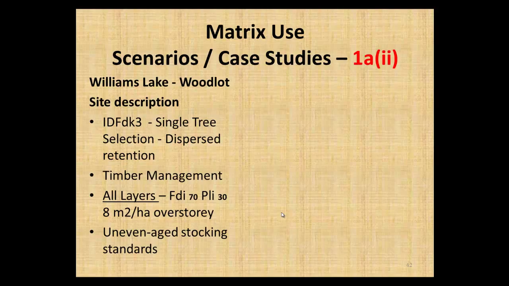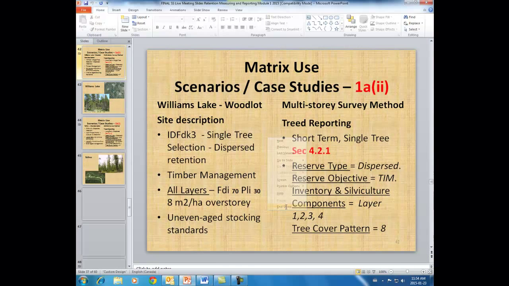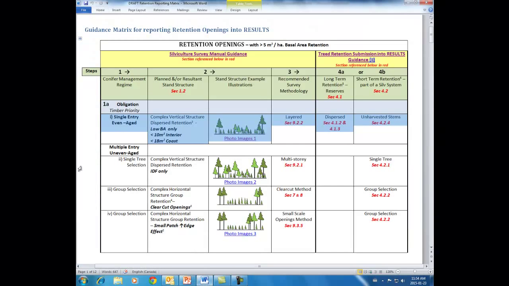We've got fir and pine in all layers, 8 square meters per hectare on the overstory, uneven age stocking standards. So let's quickly go back to the matrix, and we're in this line here. I think it was 1A2, and